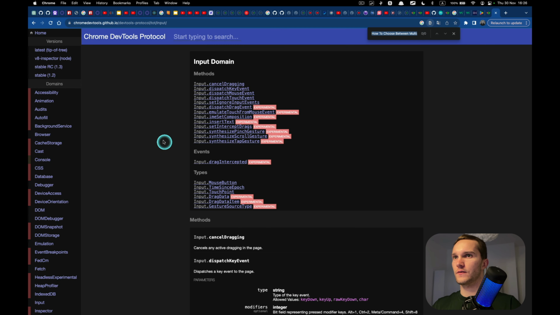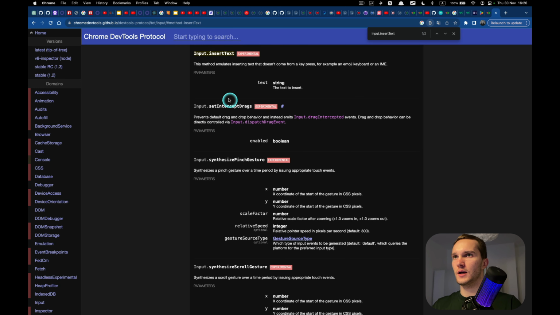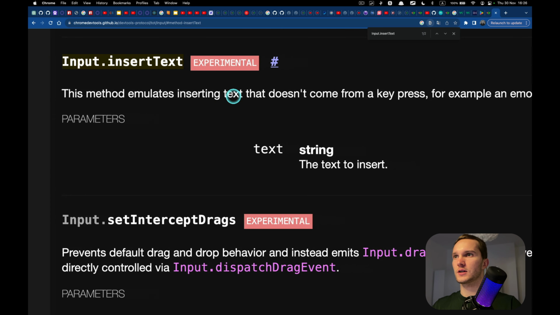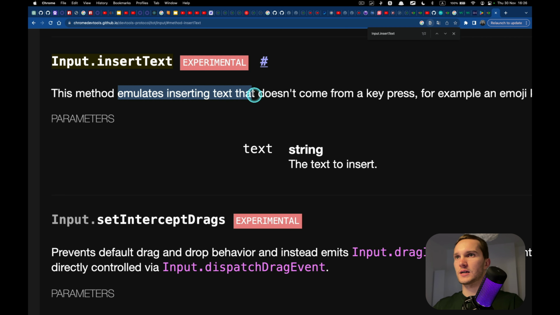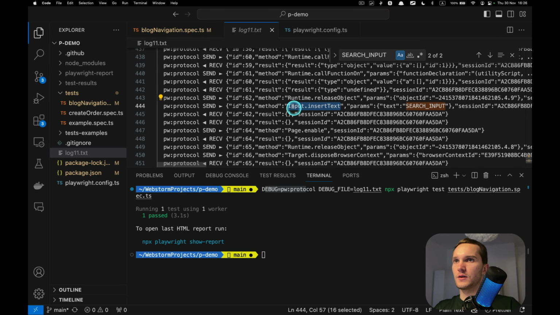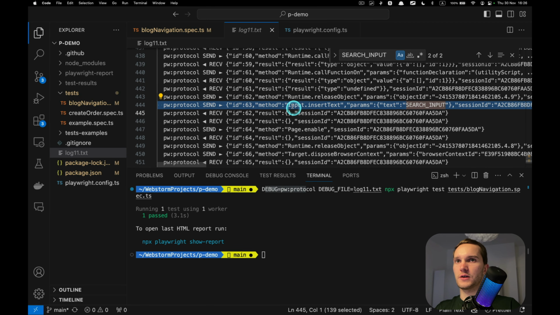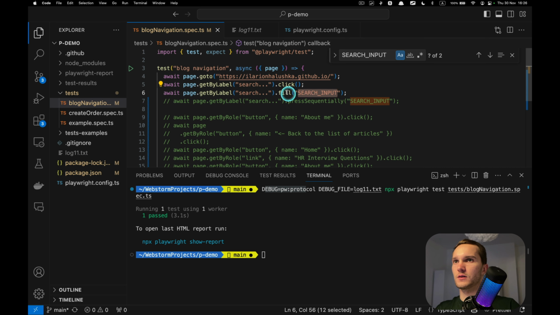And here we have insert text. This is Chrome DevTools protocol, and insert text actually emulates inserting text. As I told you, it's like copy pasting the text into the input. So this is what Playwright does for the fill method.